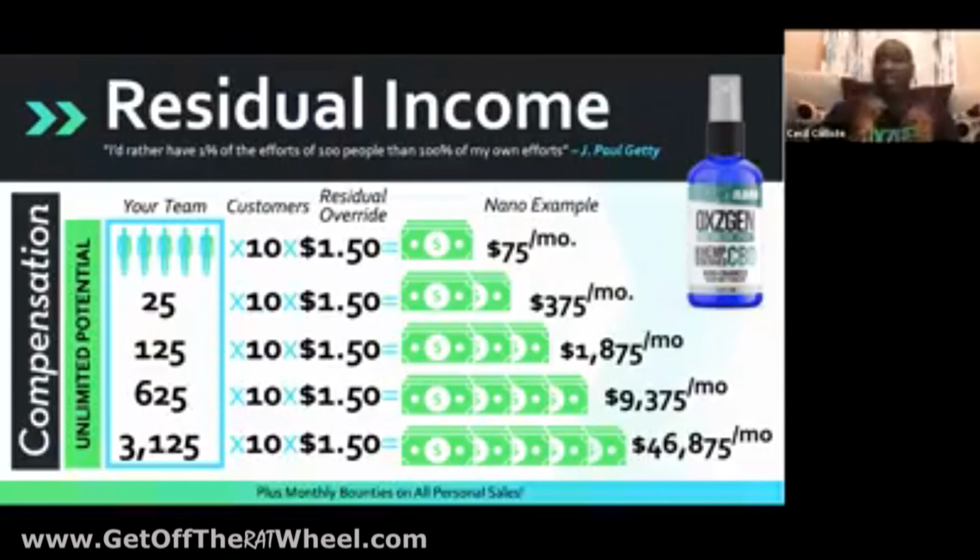I love year number 5. Because here's what we're talking about here. The average income in the United States is less than $40,000 a year. We're talking about more than $40,000 monthly. Understand how powerful that is if you position yourself. Because it doesn't matter if someone else makes the money. It matters if you're able and you're willing and you position yourself to benefit from this, which is why it's